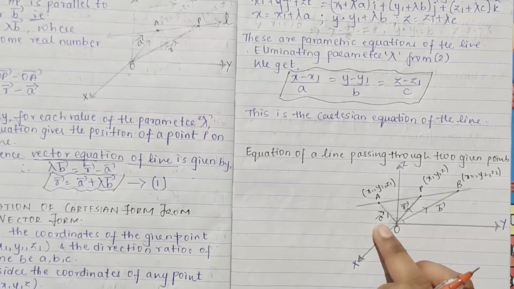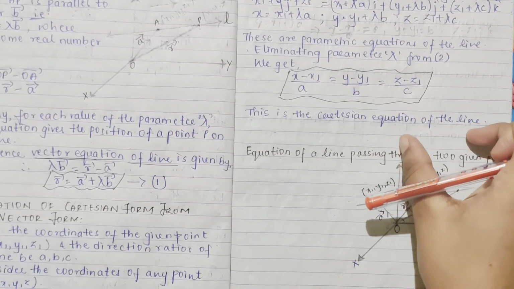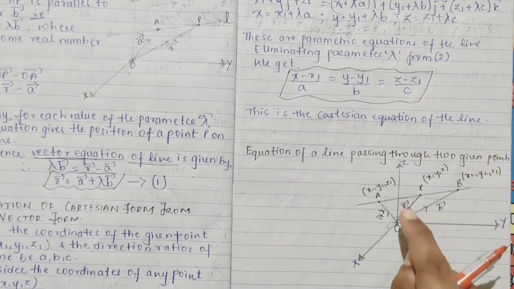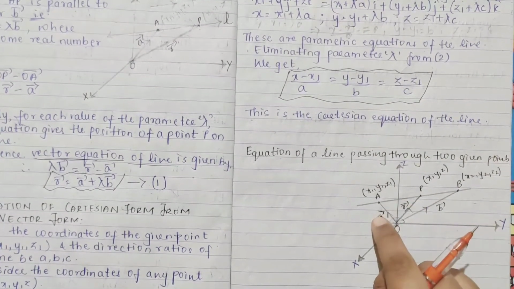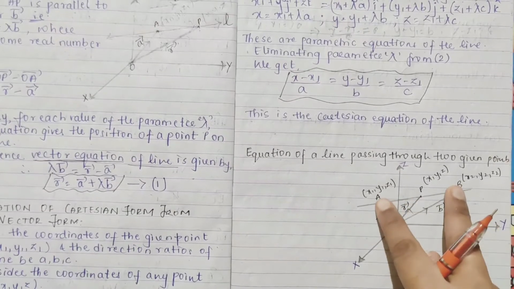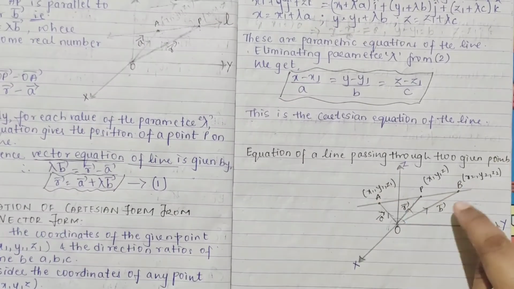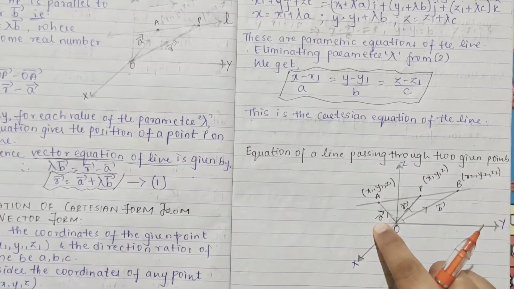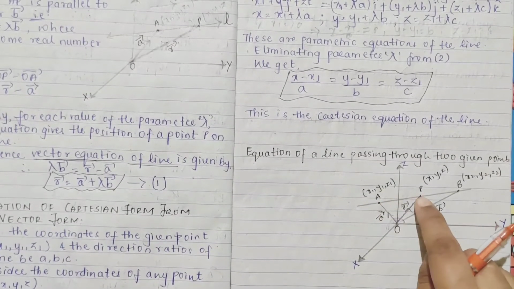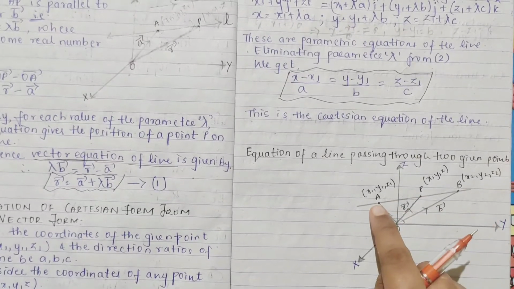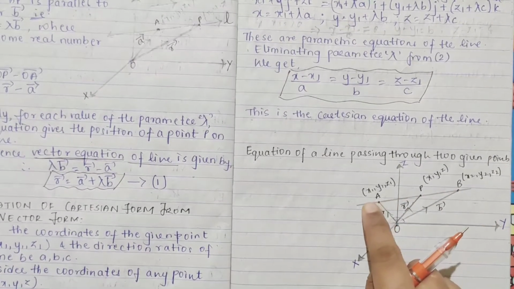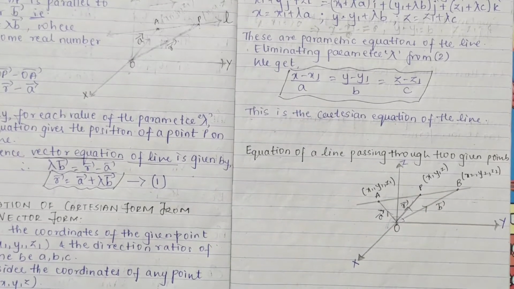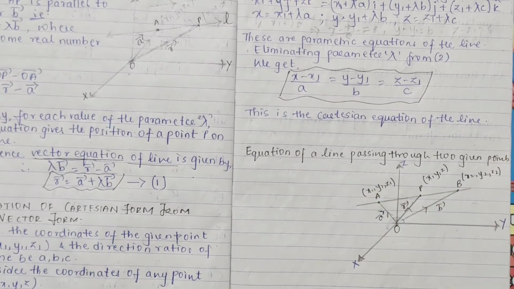Same way, as you have done, AP parallel to your vector B. So how it was, vector R minus vector A. This will be the same, vector R minus vector A. Your AB will be what? AB will be vector B minus vector A. So we will equate AP equal to AB. Why? Because these 3 points are lying on the same line. If they are lying on the same line, they are collinear. If they are collinear, we can equate it, right?